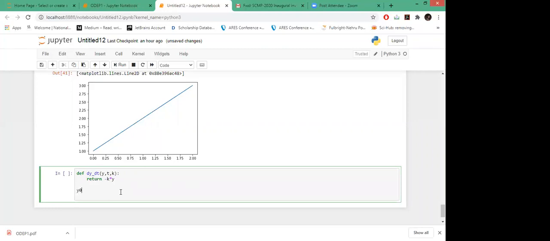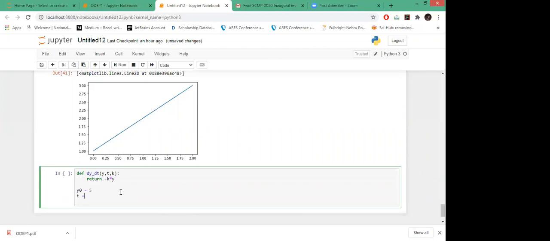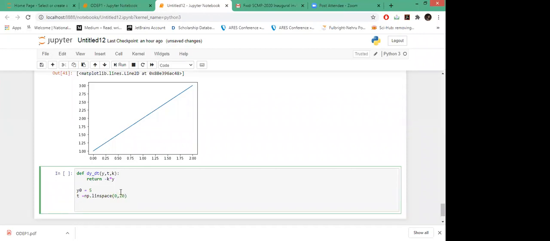So the initial condition for this is 0.85, and then I'm defining t again as 0 to 20 points. Okay, and suppose I'm defining my k to be, first, 0.1 and I want to solve. So I just save my solution in y1 and this ODE in the same dy dt function.